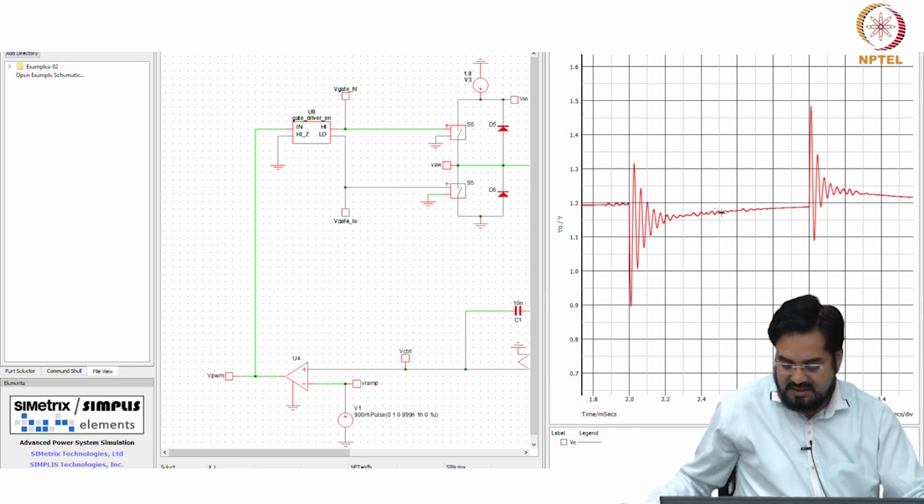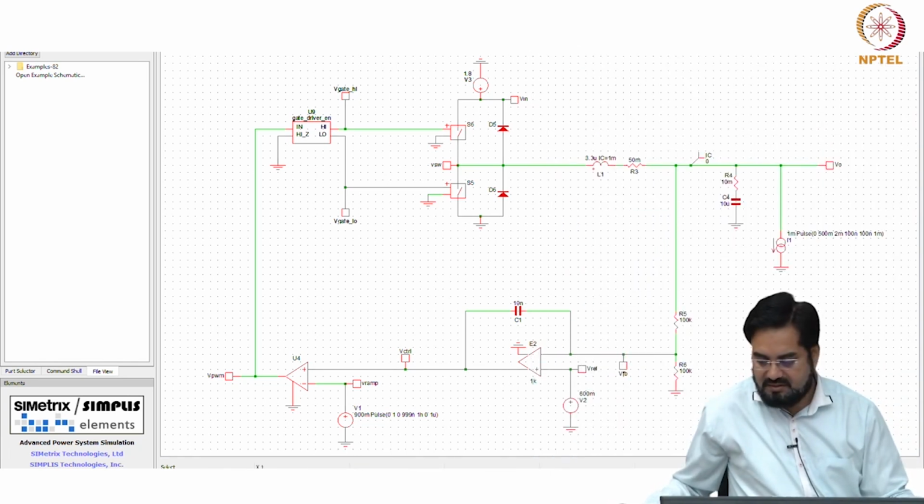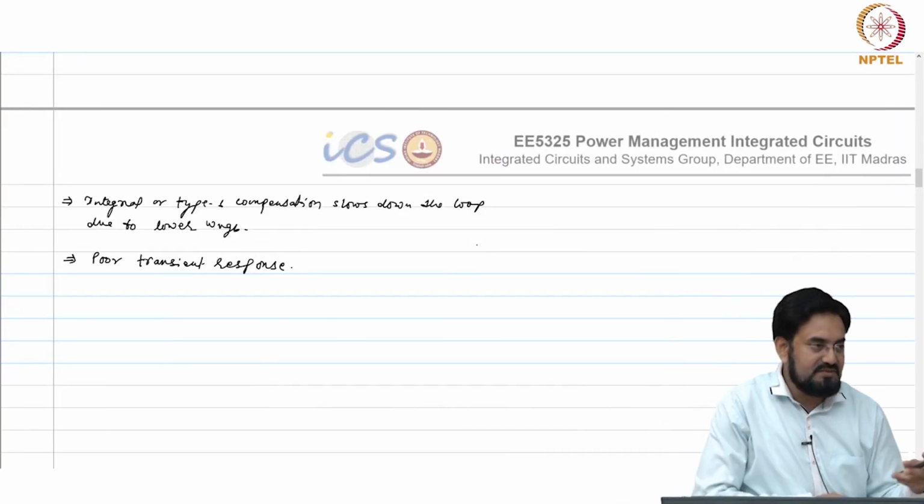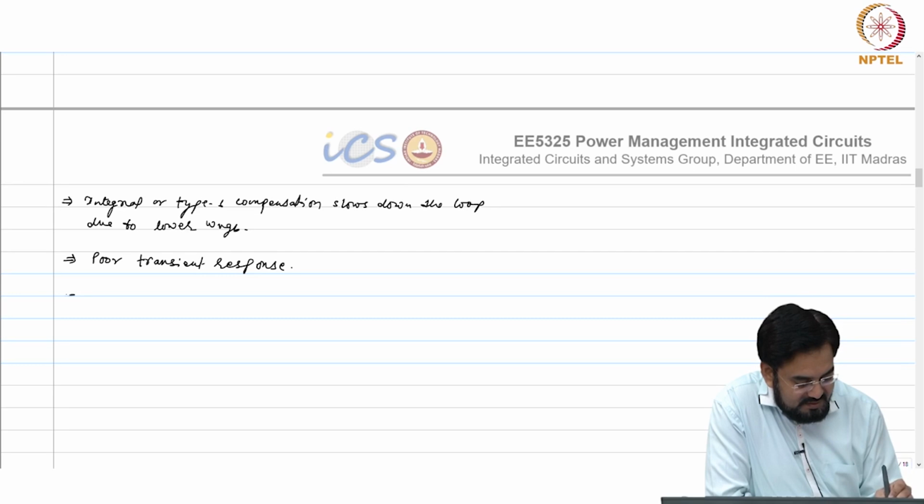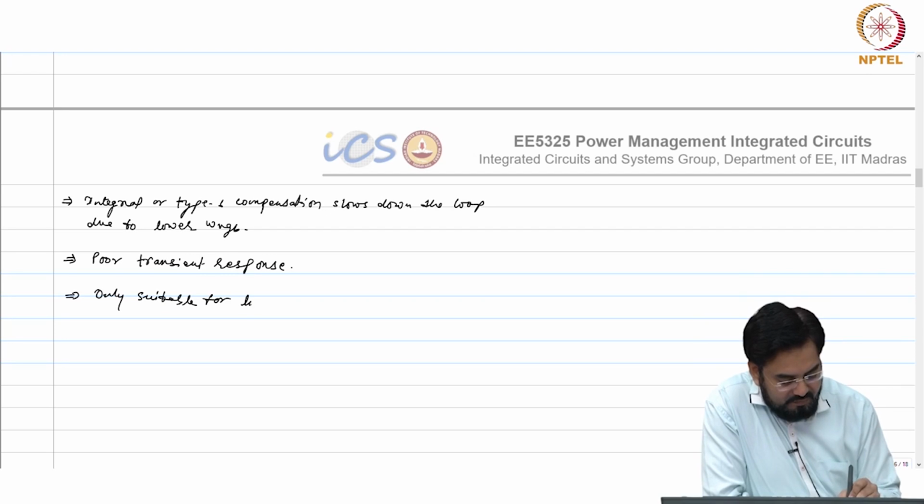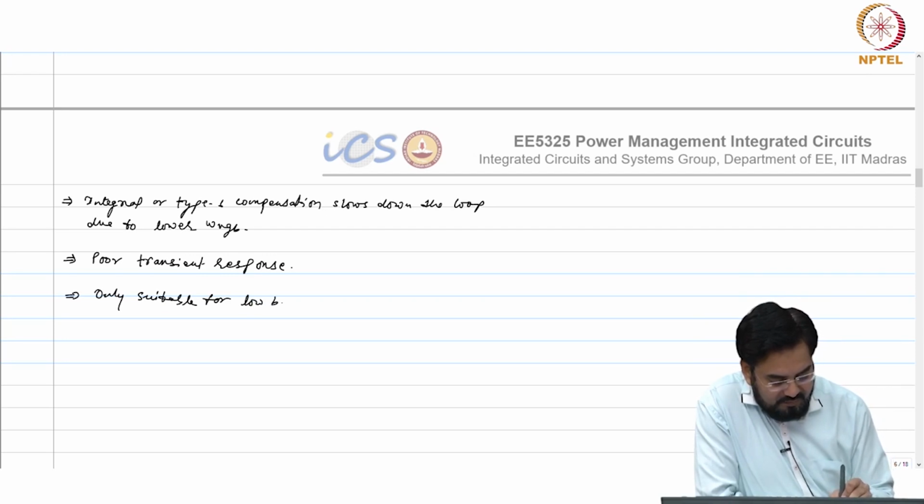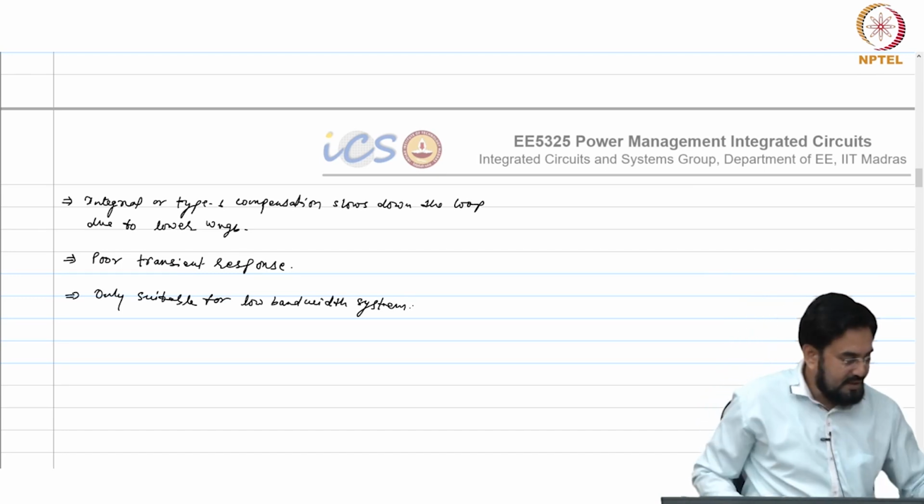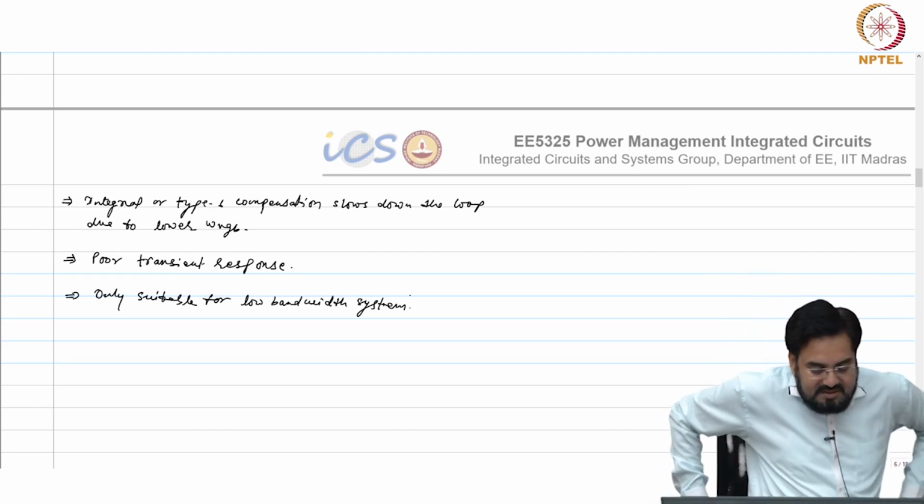So as I keep on increasing this capacitor value, this ringing eventually may go away at a very large value, let us say 100 nanofarad also, which will make it even worse in terms of bandwidth or transient response. So it is only suitable for low bandwidth systems. Okay. So what could be the low bandwidth system,